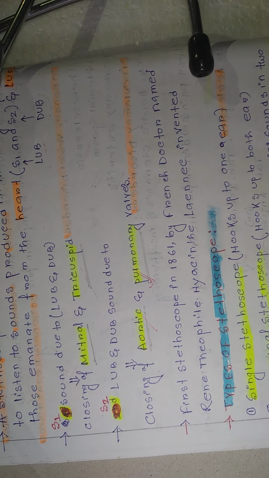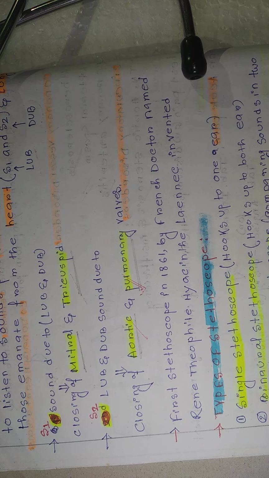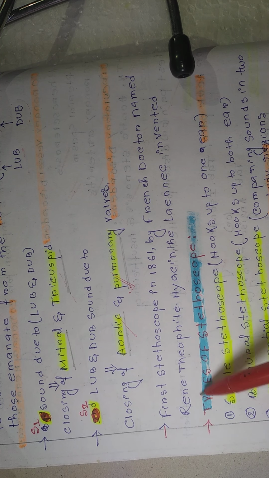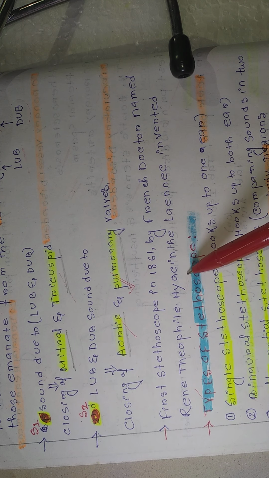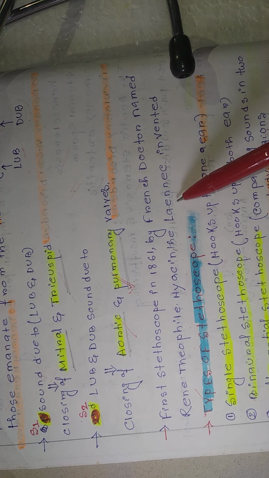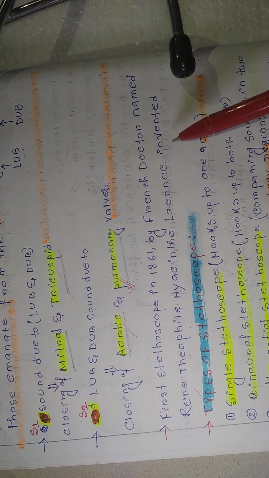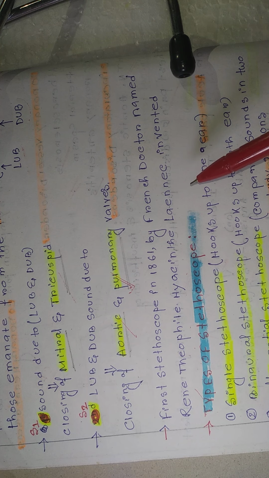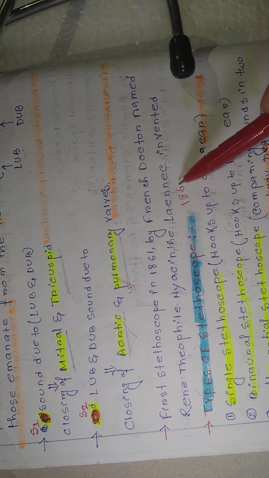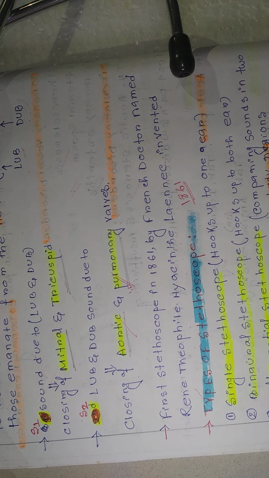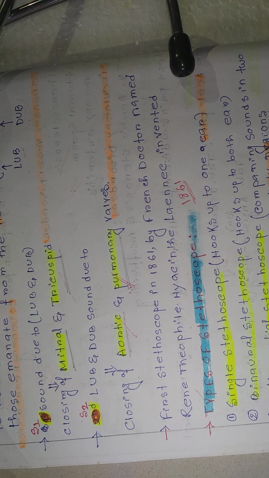And if you look at the time of invention, it was invented in 1861 by a French doctor named René Théophile Hyacinthe Laennec. And if you see the classification or types of the stethoscope,